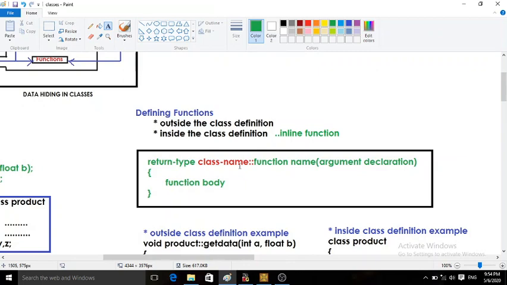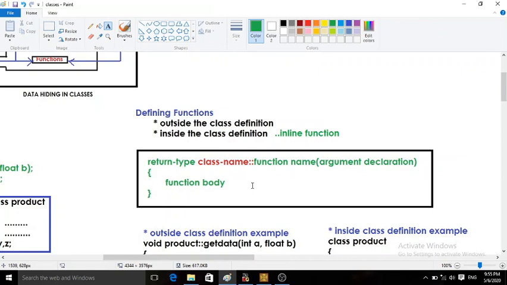Whenever we define the show method, even outside the class, we specify the show method with the name of the class. Like this: return type, class 1, scope resolution, show and the list of arguments.